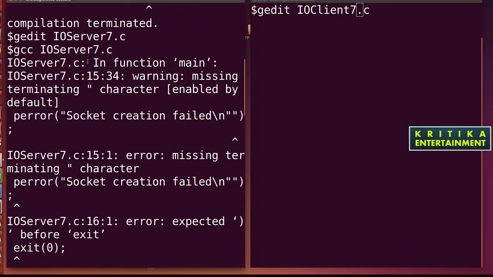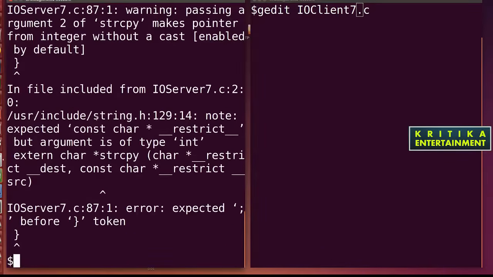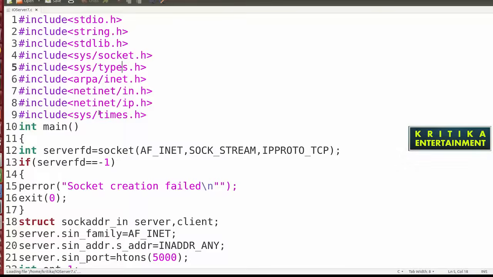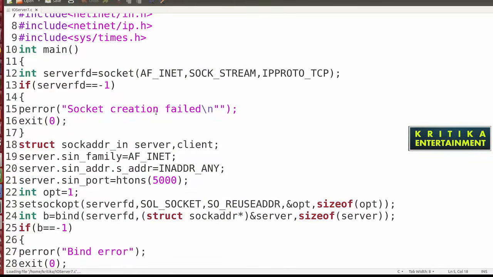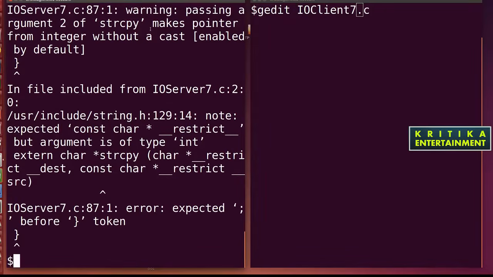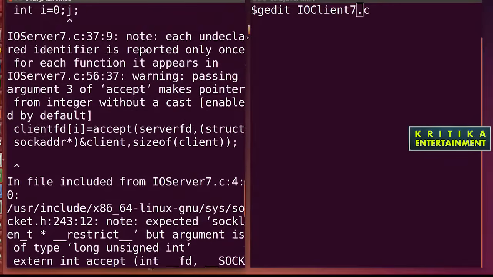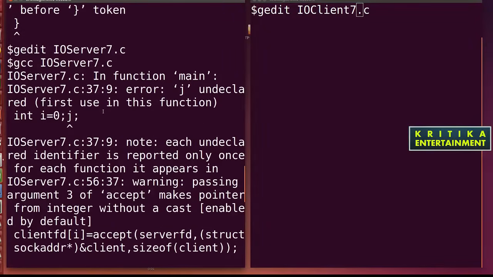So line 15 is the error. Go to line 15. Here you can find double quotes are there. I close this, then compile again. It shows an error on line 7.